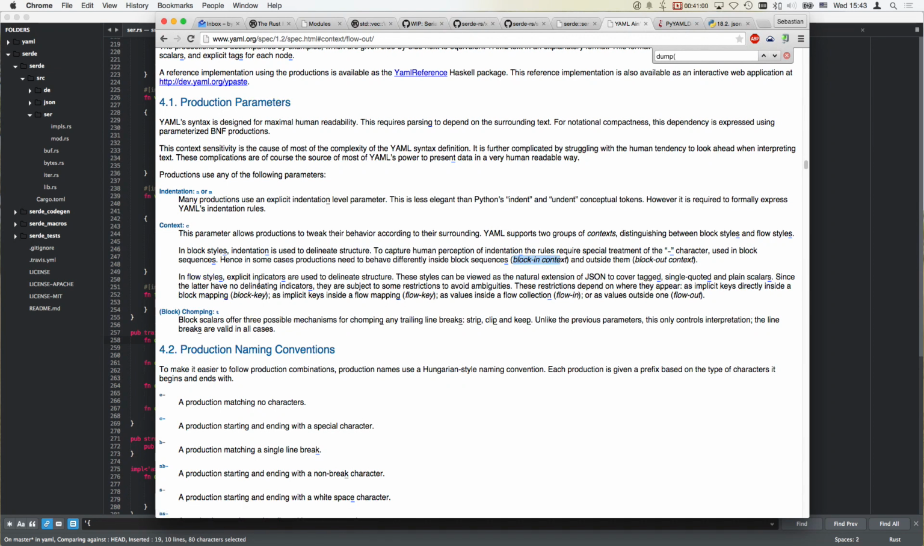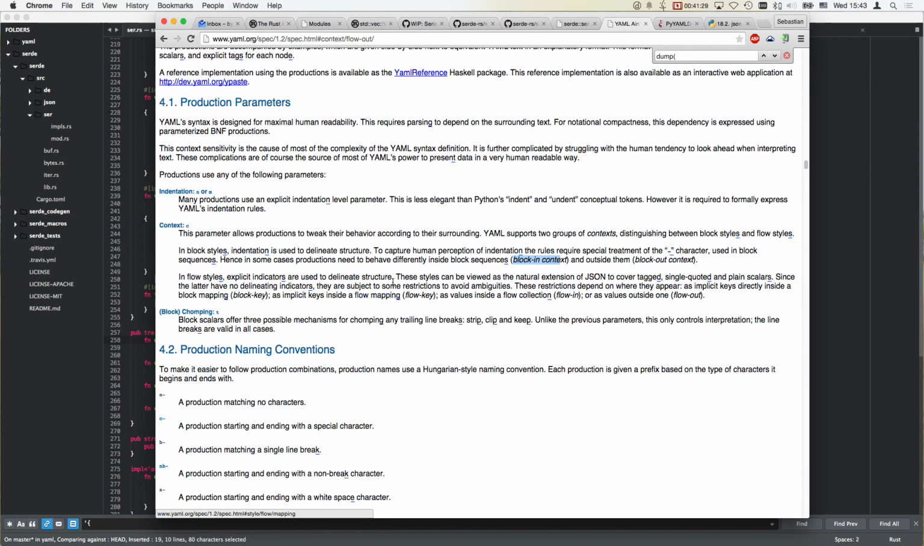In flow styles, explicit indicators are used to delineate structure. These styles can be viewed as a natural extension of JSON to cover tagged, single-quoted, and plain scalars. Since the latter have no delineating indicators, they are subject to some restrictions to avoid ambiguities. These restrictions depend on where they appear: as implicit keys directly inside a block mapping, a block key, or as